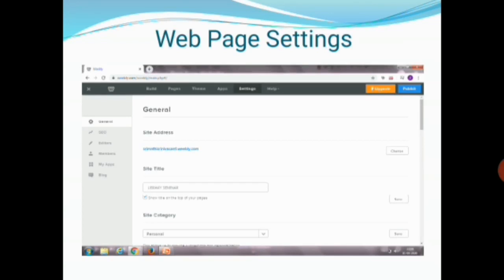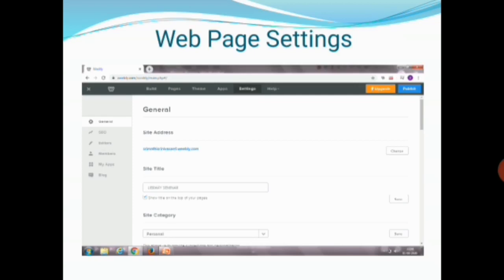Right, now settings. So settings is an important one to update and publish your website. So the site address must be checked properly. Once the site address is published, it can't be changed. So you can see now I just typed srimathi.srinivasan1.weebly.com. This is my web page ID. So if you want to change, you can change, or otherwise the website ID will be shown like this.